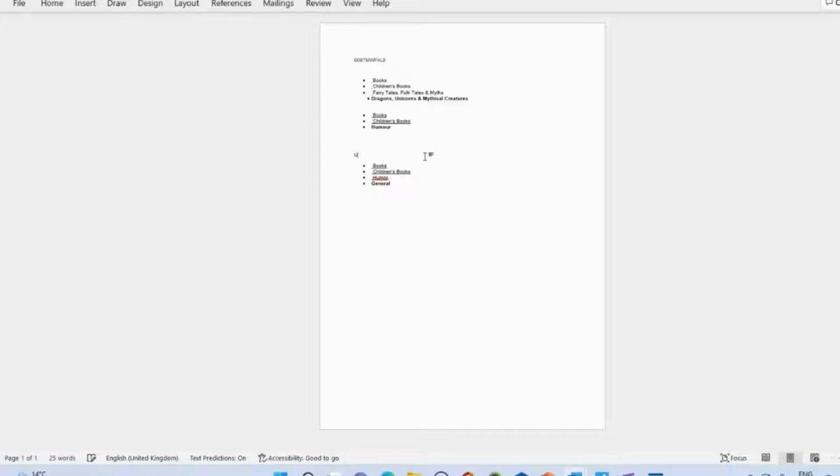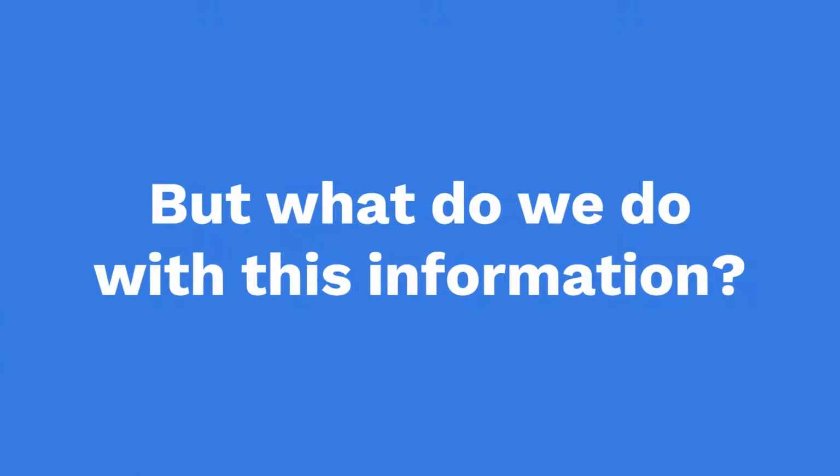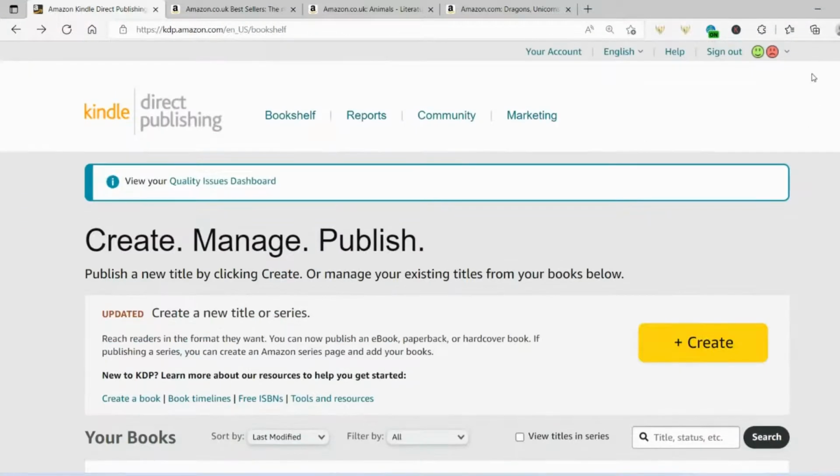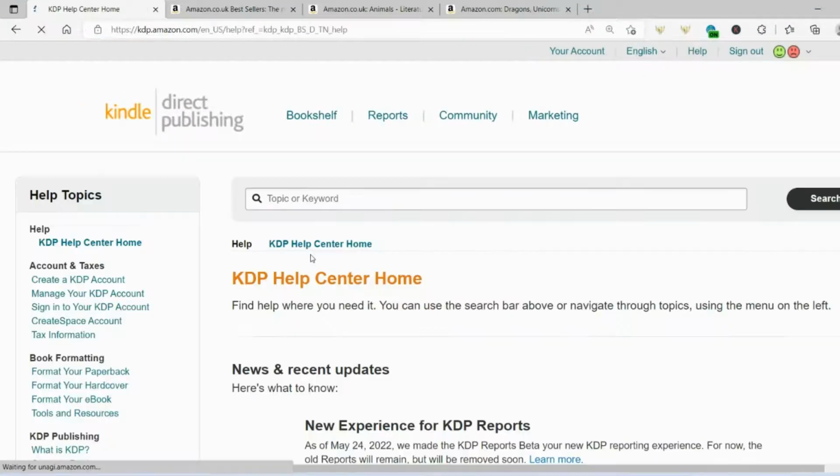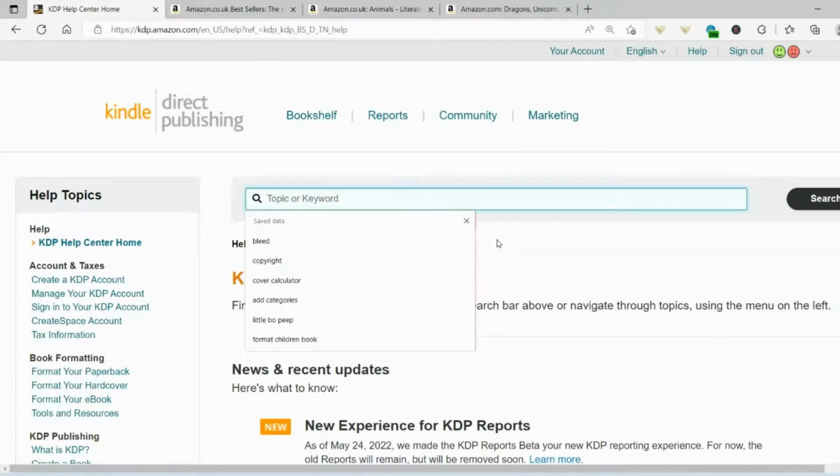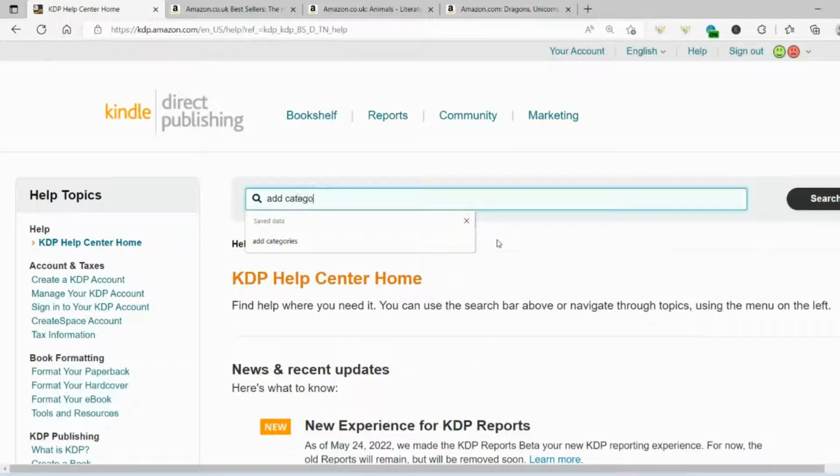So I'm just going to put US section and UK on this one. So again, we're building up our email here. And when we've done that, where do we actually put all this information? So if we look onto our Kindle page, if we look onto help, and if we type in, say, add categories,